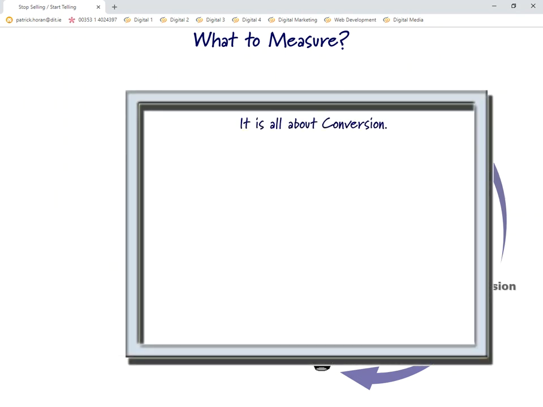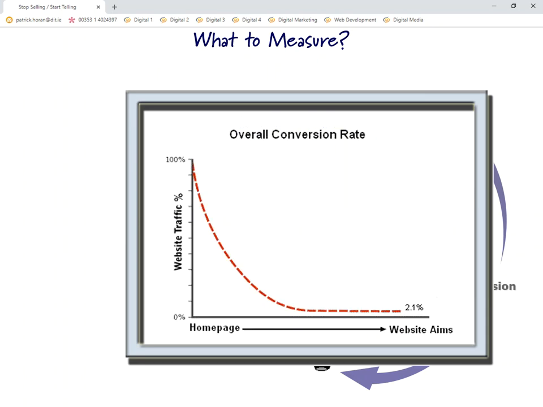What we're going to do is have a look at conversion, and see the different elements that come together to form conversion. Now, it says here it's all about conversion. Conversion is simply getting your visitors to do what you want them to do. It sounds easy, but this is the holy grail. If we got everyone to do what we want them to do, we'd have 100% conversion rate, but that's not probable or practical. So really what we're talking about is trying to lessen the drop off here between the reach and the conversion at the end. And as we can see here, the overall conversion rate is the number of people who drop off from landing on the site right through to achieving your aims. So I think that's fairly straightforward.